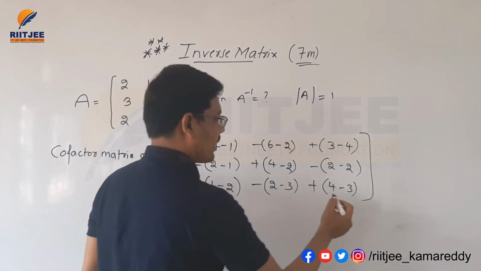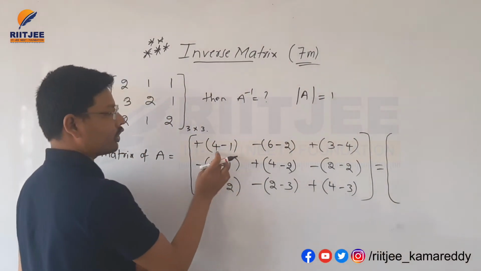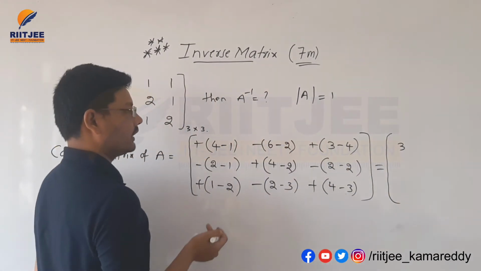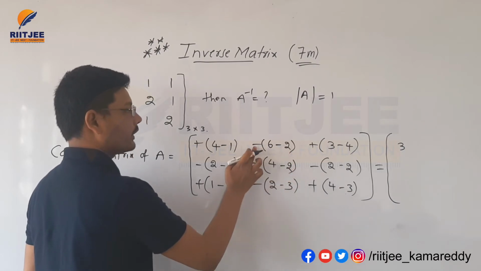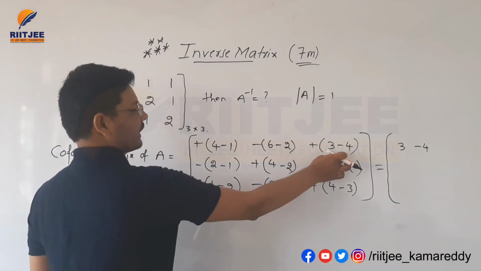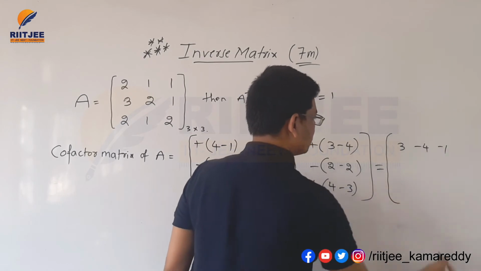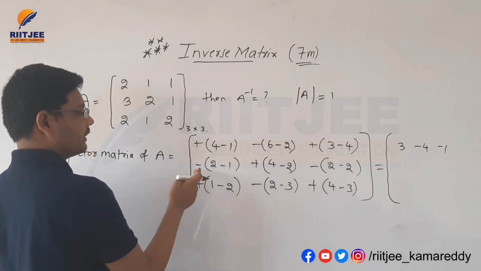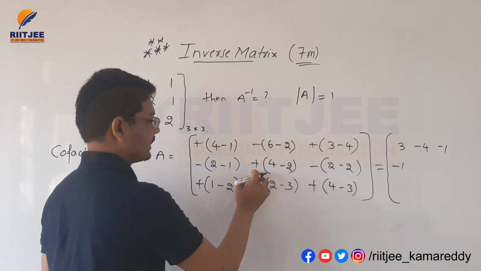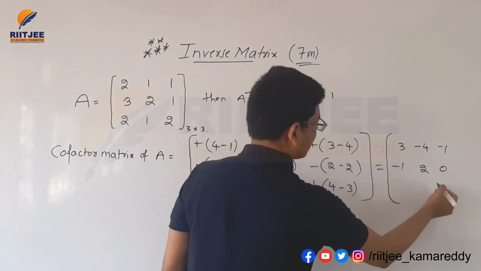The final obtained matrix here, 4 minus 1, that is equal to 3, plus into 3. Next, 6 minus 2, 4 minus 4, I am writing here. Next, 3 minus 1 plus minus into plus, that is minus 1. Next, 2 minus 1, before minus is there, so that is equal to minus 1. 4 minus 2 plus here, plus 2 here. Next 2 minus 2, 0 minus 0, that is 0 itself.